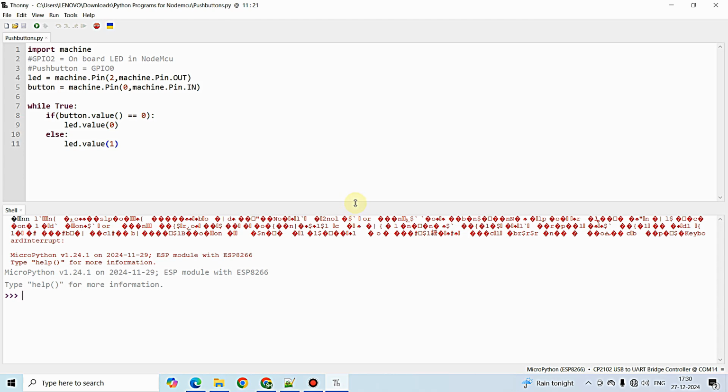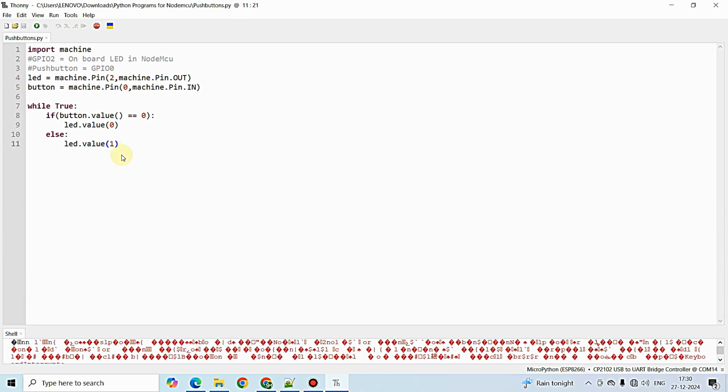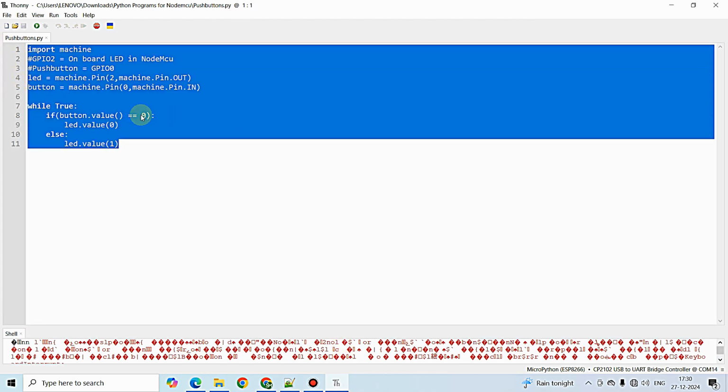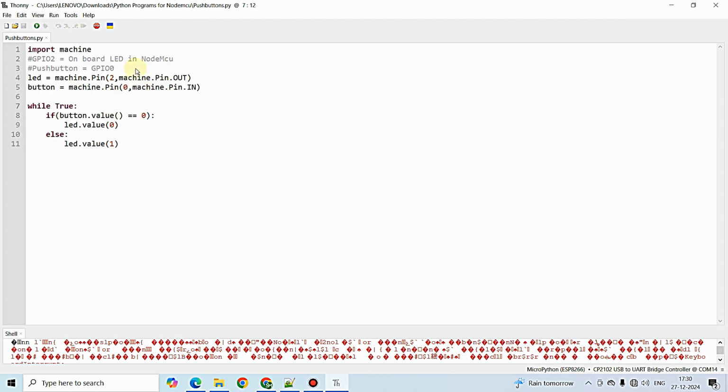And in this particular IDE you can see this is the previous program that we wrote in the lecture on interfacing push buttons with our NodeMCU using Python scripts, and we are just going to modify this particular program for implementing external interrupt also. So let me just explain in short about this program. You can see we have imported machine. Here we have configured pin 2 as LED, since we have an onboard LED connected to GPIO2 on our NodeMCU,